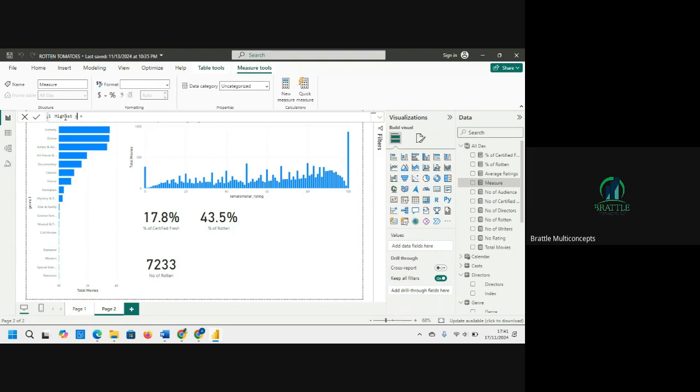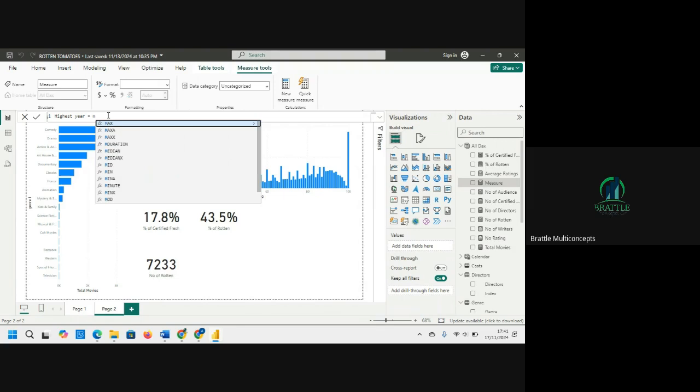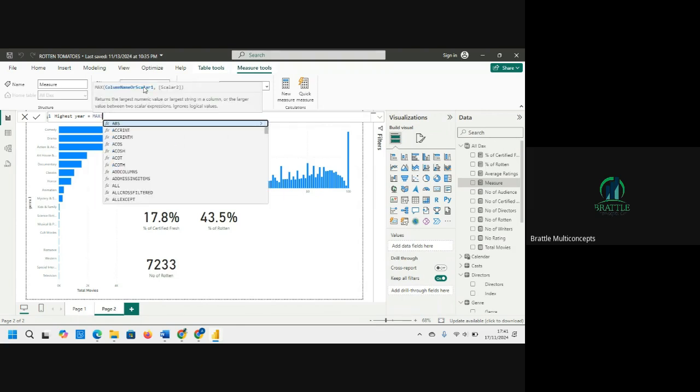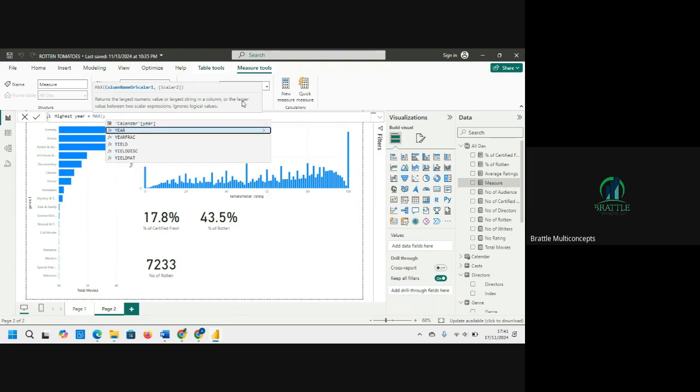Highest year. I'm going to use maximum of the column, return the largest numeric value in the string. Okay, where let's count year